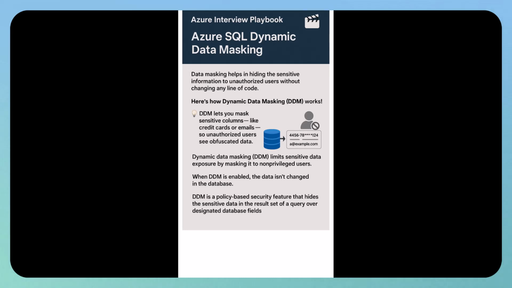Today we are going to learn about a feature called dynamic data masking in Azure SQL Database. We are going to understand the concept first and then we will do a practical example after we understand the concept. Dynamic data masking in Azure SQL Database helps us in hiding the sensitive information to unauthorized users without changing any line of code. That means if the person is having access to view the data in the plain text,